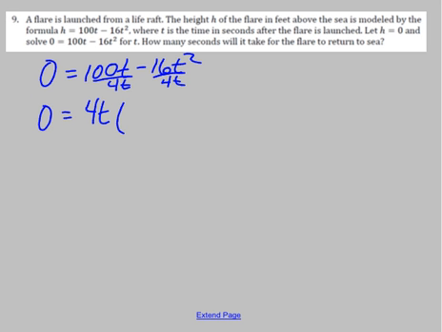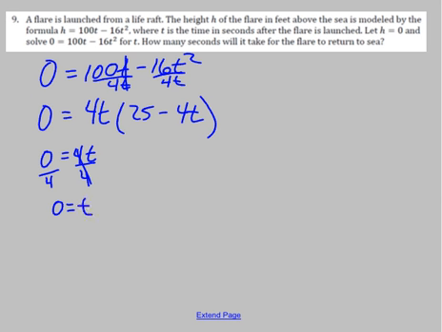Okay, I'd have 4t. These cancel out. 25 minus 4t. So then my possibilities here are going to be 0 equals 4t, so divide by 4, 0 equals t. So when time is 0, or when the flare starts at the ground or at the life craft, it starts at 0 before it leaves, and then if 25 minus 4t equals 0,